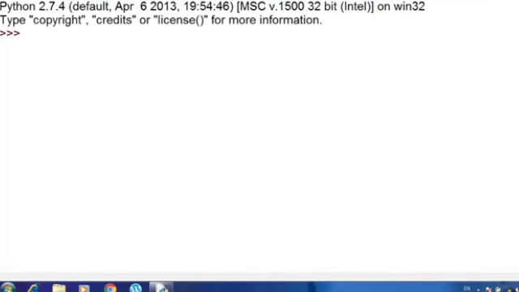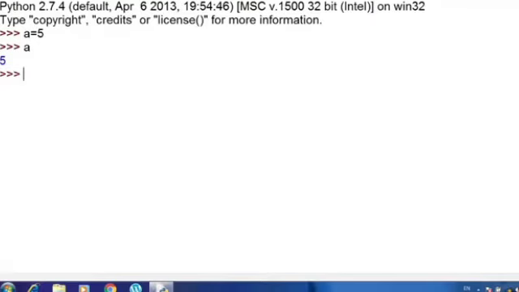Now let me tell you about multiple assignment of variables. So let us begin students. I have opened now the Python shell. So I'm going to show you in interactive mode how we can assign a value to a variable. Now suppose we have written here a is equal to 5, and then I have written print a. So I'm getting the output as 5.